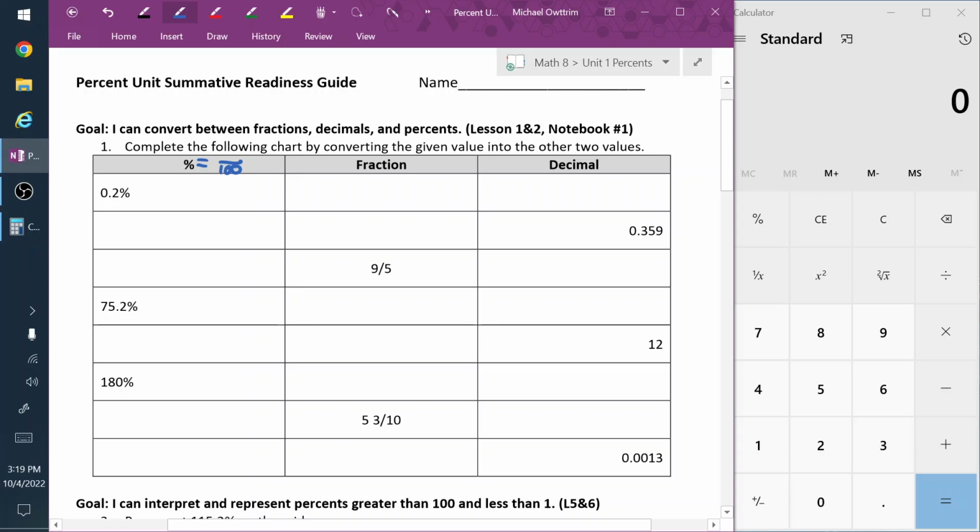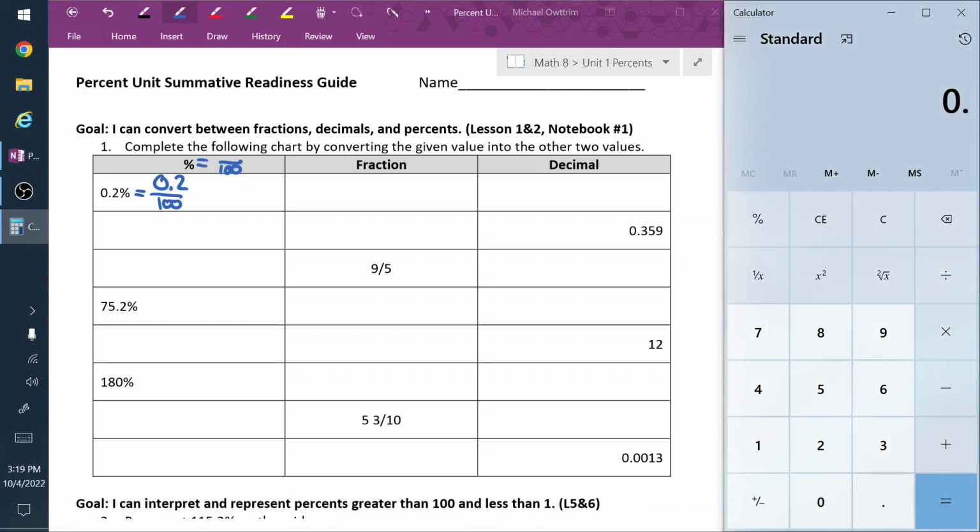So anytime I see a percent sign, like in 0.2%, I can keep that number the same, and instead of writing the percent sign, I'm going to write out of 100. And that's a good start. Now, with a fraction, we know that a fraction means dividing, so if I wasn't sure what my 0.2 out of 100 was as a decimal, I can go on my calculator and I can just do 0.2 divided by 100. And that'll give me my decimal of